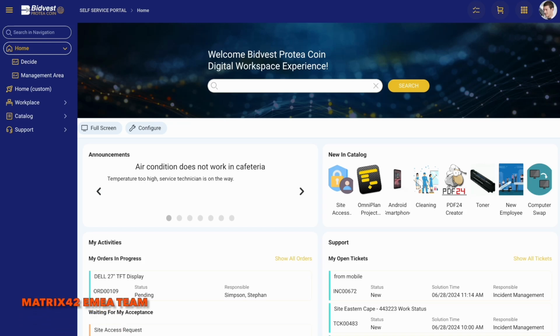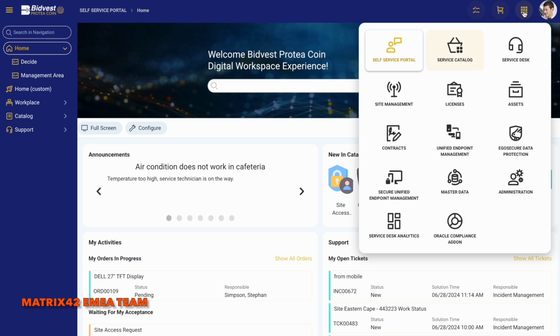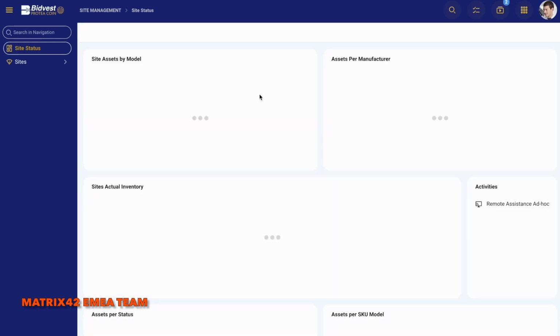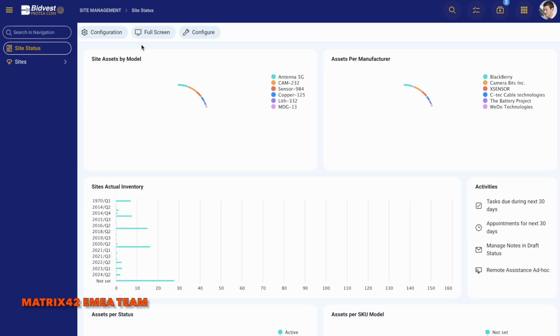Everybody. Today we're gonna showcase the application that has been built on Matrix 42 platform. From top here we can see all the applications that come out of the box, including the custom applications that can be built. So we're gonna check out the site management,